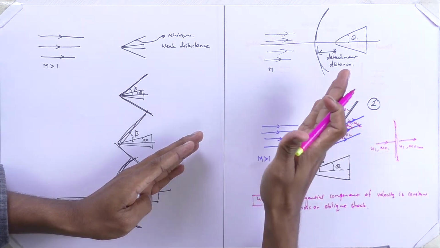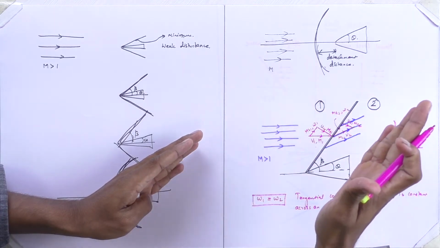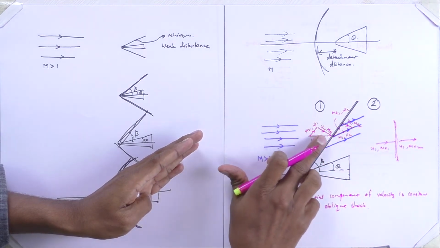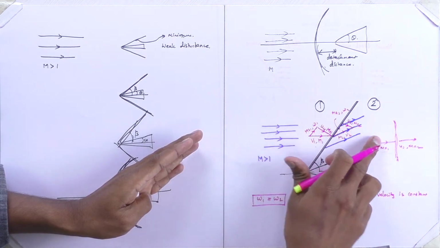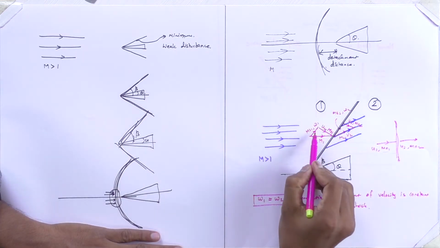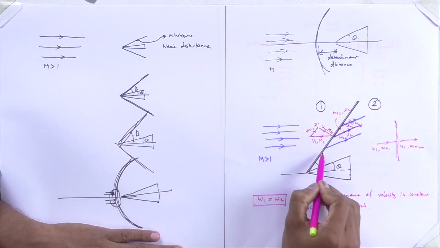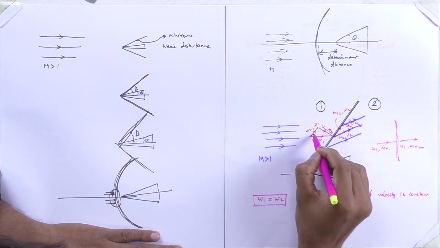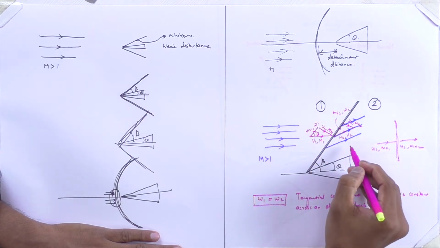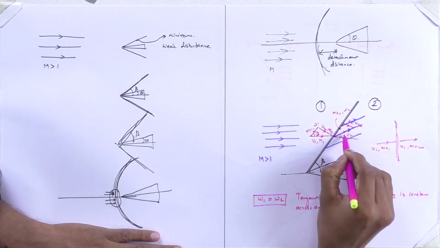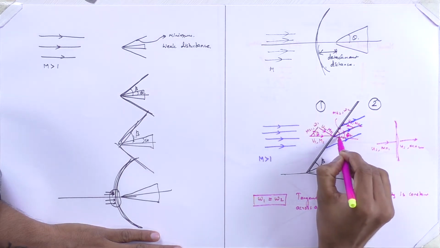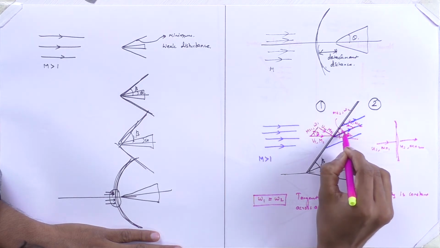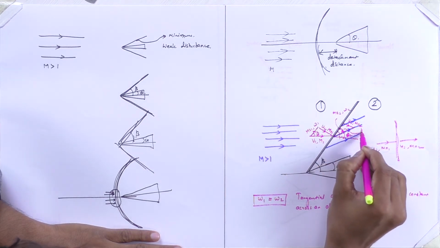Whatever tangential velocity we have at region 1, the same tangential component of velocity we will have at region 2. The changes only occur due to the normal component of velocity. When you look here, this tangential velocity component direction and the oblique shock wave, these two are parallel. So this angle will be beta. Here at downstream, the flow deflection angle is theta and this angle is beta. So the angle between this tangential component and the actual velocity is beta minus theta.